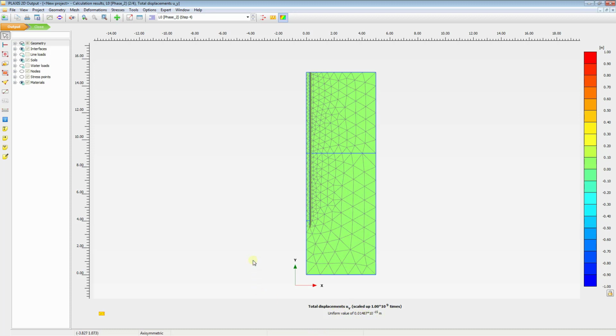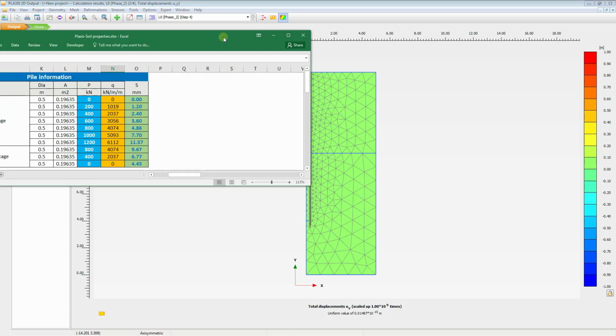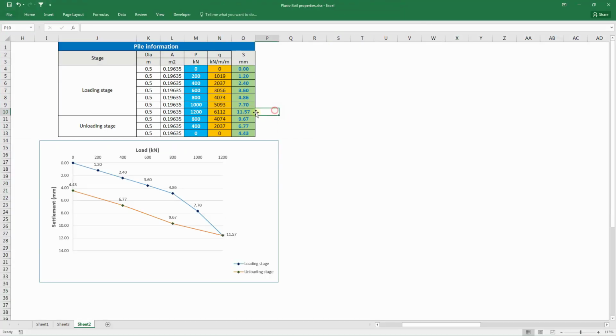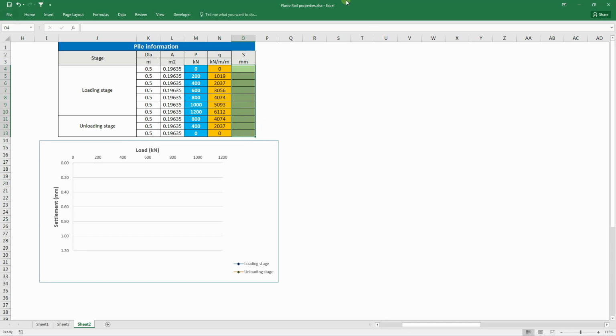So now we will do the x-axis. We will do the x-axis like this, to draw the graph to see the relationship between the load and the settlement. Now I will delete the old value, and we will input the new value,